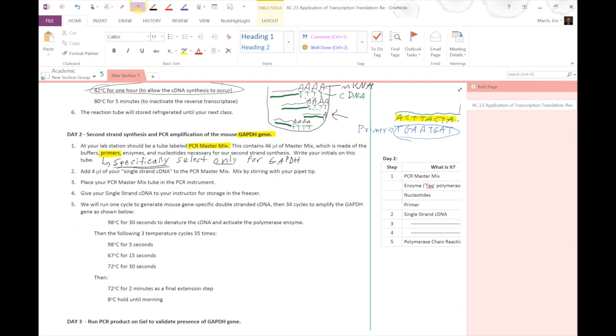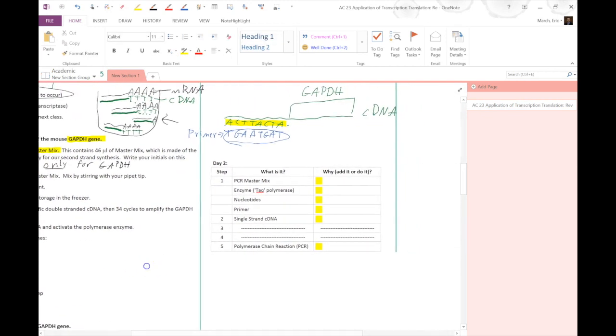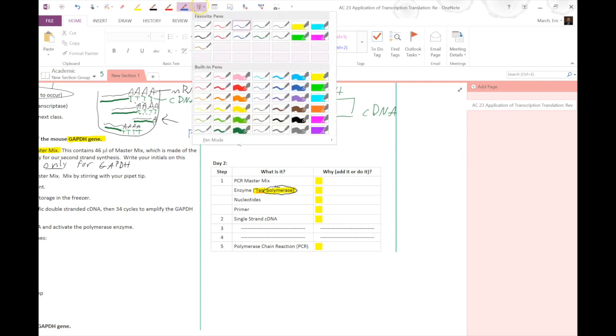The second most important thing that's in our tube is here, enzymes, specifically our Taq polymerase enzyme. You should remember this word, polymerase. This should sound very familiar, like DNA and RNA polymerase. And in this case, Taq is simply a generic DNA polymerase. So this will make DNA. So this Taq polymerase,